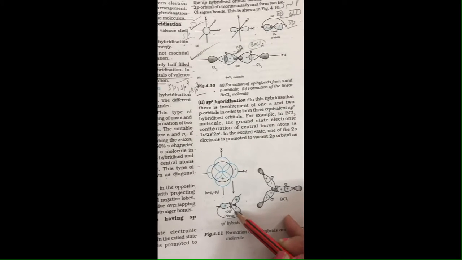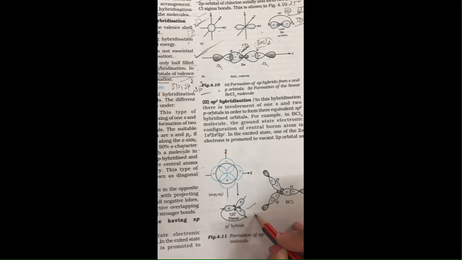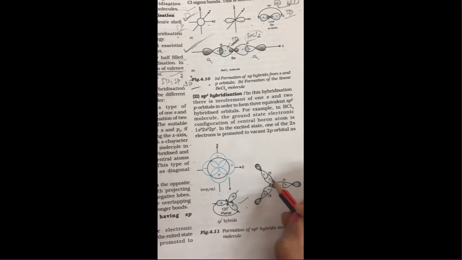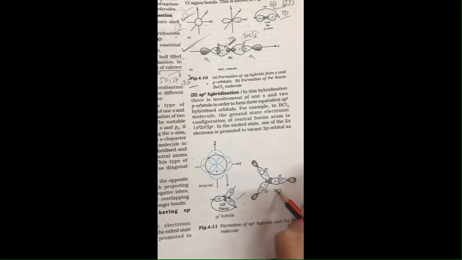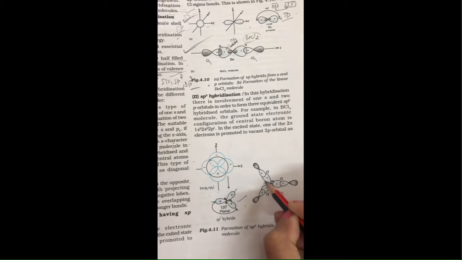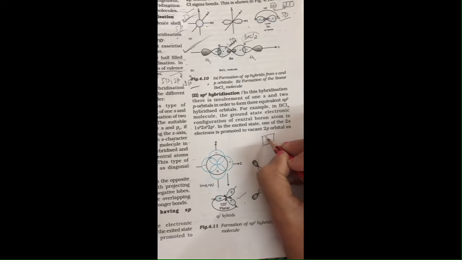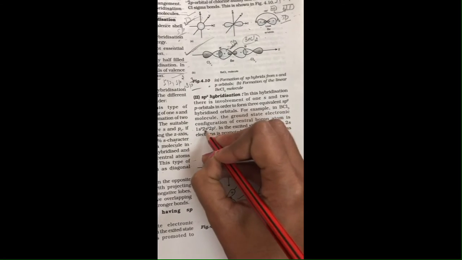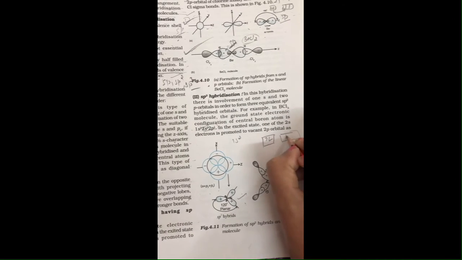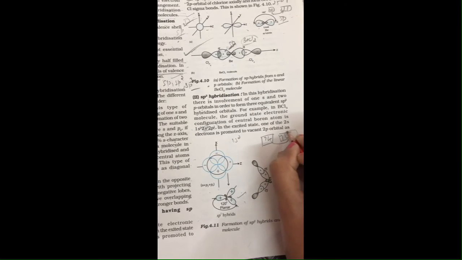And same for sp2 hybridization. This is the planar geometry having angle 120 degrees. 3 chlorine atoms are present forming sigma bonds. Again the hybridization in case of boron will become sp2 when you see it. For boron the configuration is 1s2 2s2 2p1. 3 electrons are present in case of boron, 2 in the s orbital and 1 in the p orbital. Clear? And then you can shift this electron also here, no?